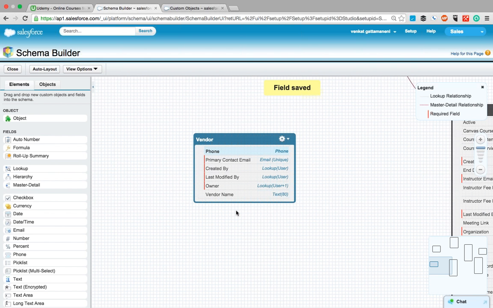It's not required. Yeah. Can you recommend some of the requirements? Yeah. If vendor